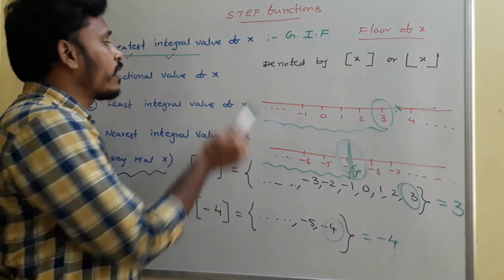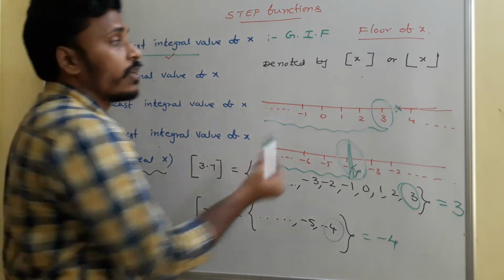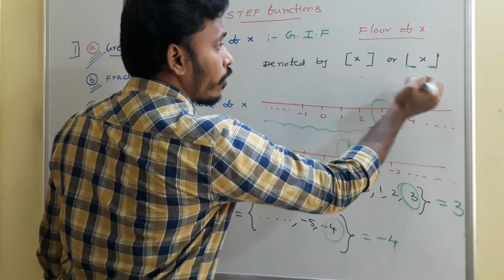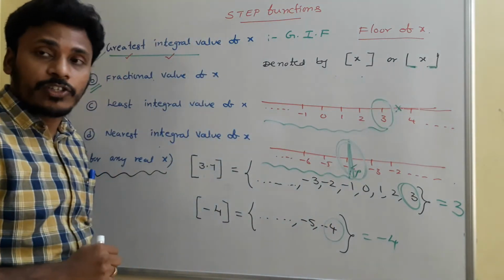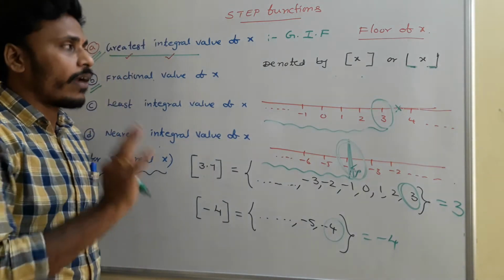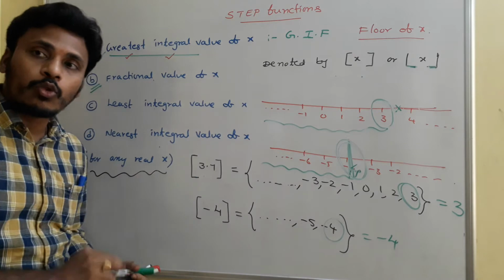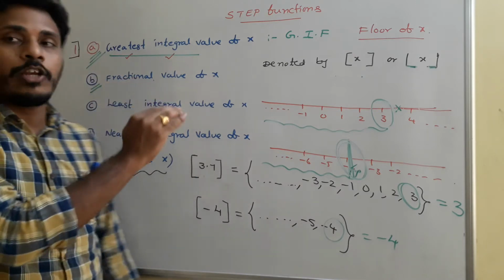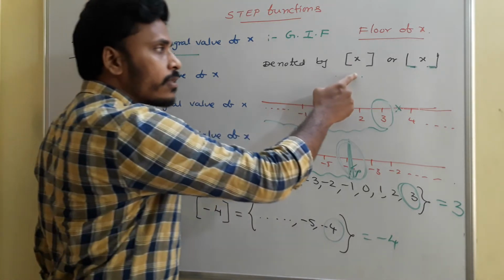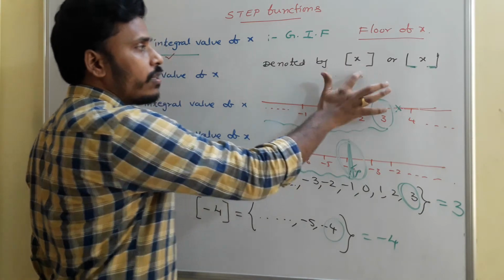Since we are also calling this greatest integer function the floor of x, here we represent the bracket ending here itself. Here I have the open brackets; at the ceiling I will have closed ones. Once again, all these are step functions. Among those, the first one is the greatest integral value of x, or the greatest integer function, which is denoted by step x, or you may write it in this manner also. But in most cases I go with this step x.